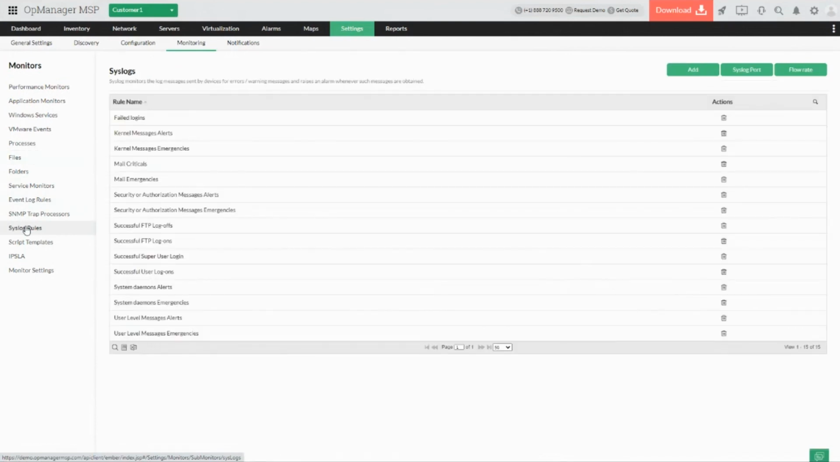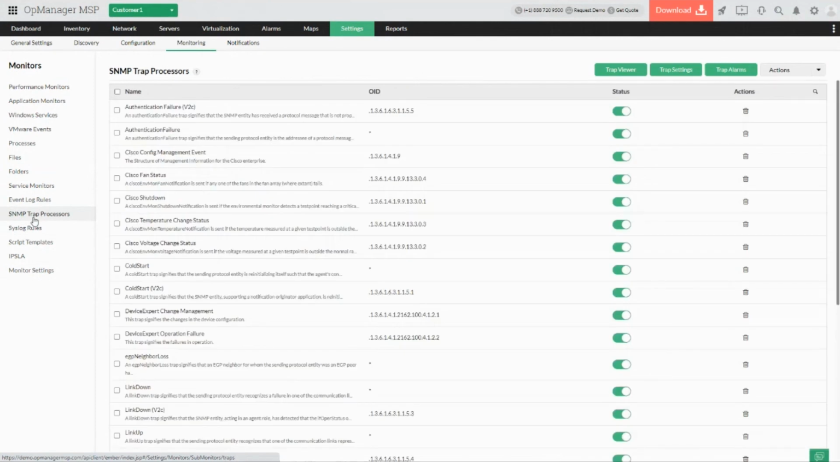And likewise, the syslog also gives you the flexibility to monitor the incoming syslogs with the respective syslog rules. And the same goes for SNMP trap processors. The only thing is that you need SNMP, and the trap should be forwarded from the respective devices to the server properly in a clear fashion. And you can also import your trap processors in bulk using MIBs from your vendor too. And now we're going to go back to the